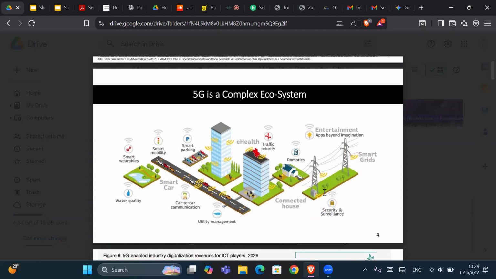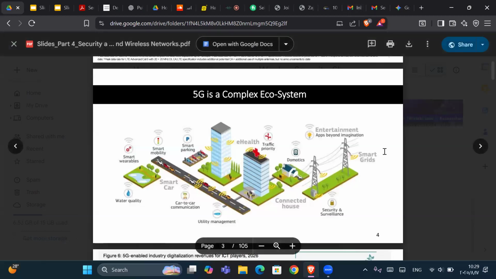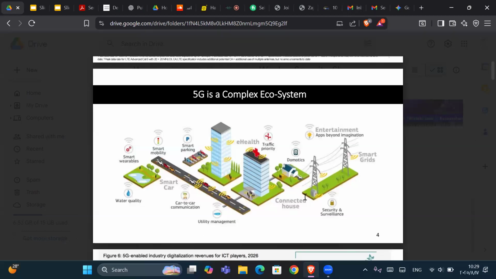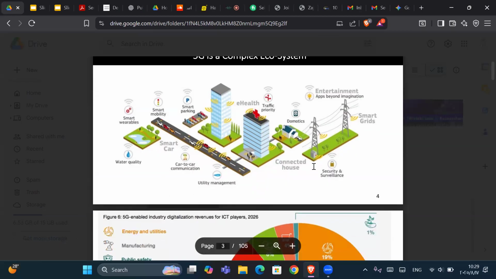So what's the ecosystem of 5G? We have the electricity grid, and these are connected to towers that provide 5G connectivity, and these 5G towers are providing e-health, smart parking, smart mobility, smart wearables, car-to-car communication, water quality, utility management, and so on. So these are the different applications and services that make use of the